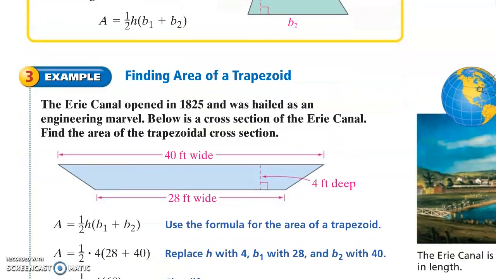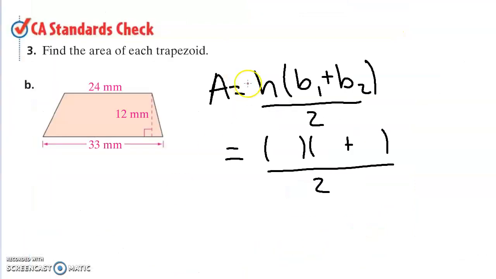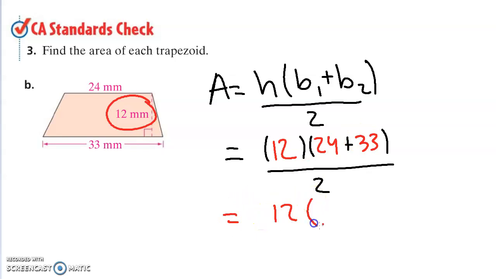All right, so let's go ahead and look at one more example to go over today for this last lesson. All right, here this is standards check number 3, where I have a trapezoid that has two bases and one height. So I'm going to go ahead and plug these values in. My height is going to be 12 millimeters, so I put 12 where the height should be. And I have 24 and 33. So it's equal to 12 times, order of operations says I have to add these first. 24 plus 33 is going to be 57